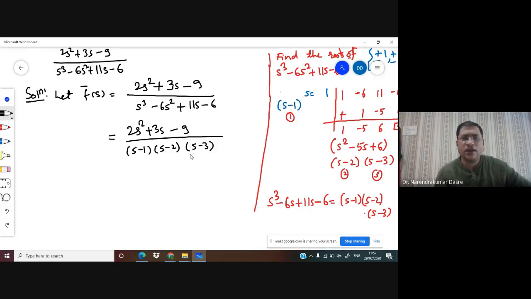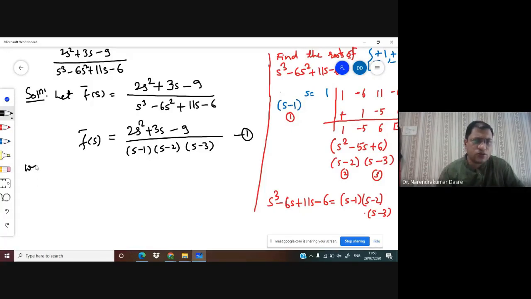So now you can see we have more than one factor in the denominator, and if I have more than one factor in the denominator, then I cannot use the previous method, because the previous method is applicable for only one factor in the denominator. And now we have to go for the method of partial fraction. So I assume that this is going to be f bar of s, let it be equation 1. And now I have to find out the partial fraction of this.